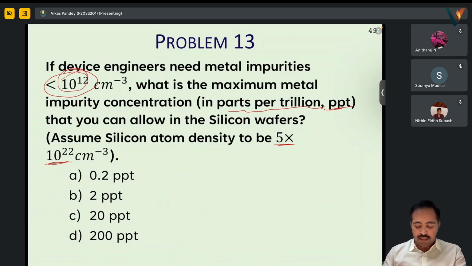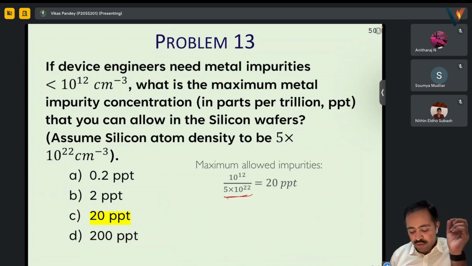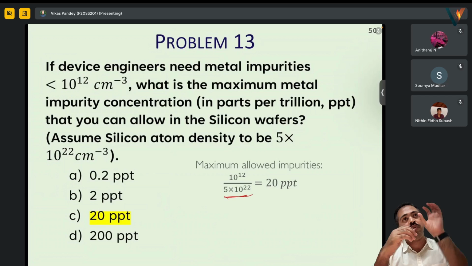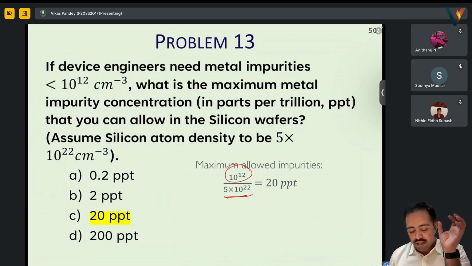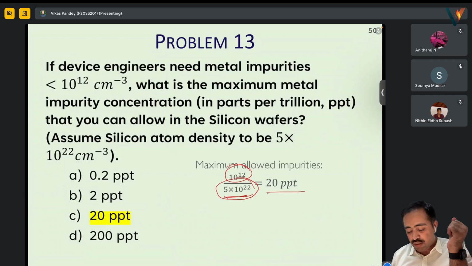Okay, so let me do. Total impurity allowed is 10 to the power 12. And what is the atomic density? That is 5 into 10 to the power 22. So we want 10 to the power 12 in 5 into 10 to the power 22. And if we do the calculation, we will find that it is 20 ppt,